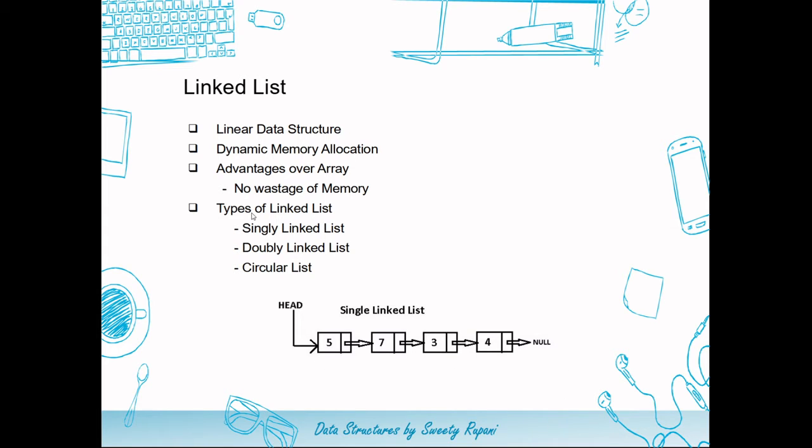Now, there are various types of linked list that we are going to study. First one is a single linked list, which is the one that is shown over here, having only a data part and an address to a next node. If you are at the node with the data value 7, you cannot go back to a previous node. So that is a disadvantage of single linked list, which will be overcome in a doubly linked list, followed by which we'll study a circular list, which is again a single linked list but in a circular manner.